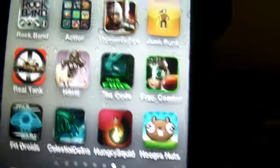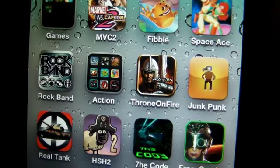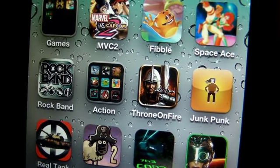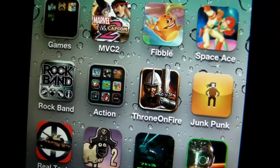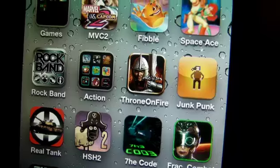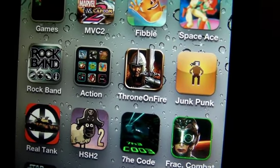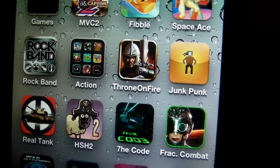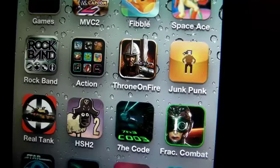So another game I do want to recommend is Marvel vs. Capcom 2. This is a very good port. It's not a perfect port of the arcade, but it's good to have on your iOS device when you're bored, when you need to have some fun. Maybe you're at a bus stop. Maybe you're at the dentist office. Maybe you're at a wedding or something and you're bored,